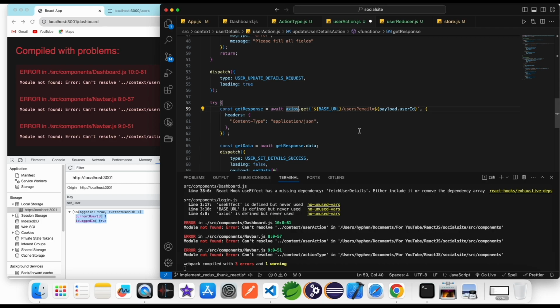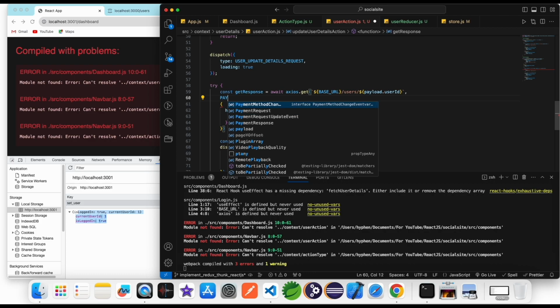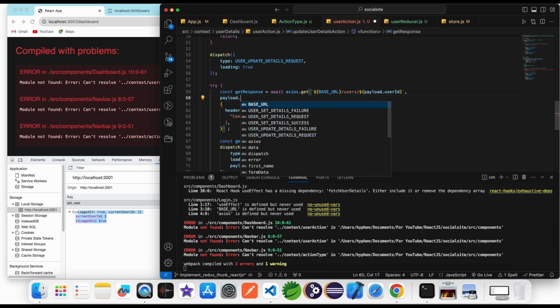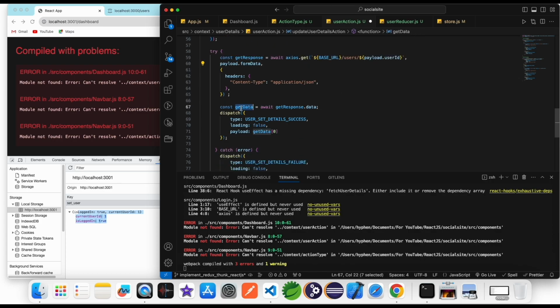Third, this is related to your post method. Here I simply pass the ID, and as the second argument I pass the information which I receive in payload.formData. Now I got the information in the data. Here update detail success, and payload and data. Okay,